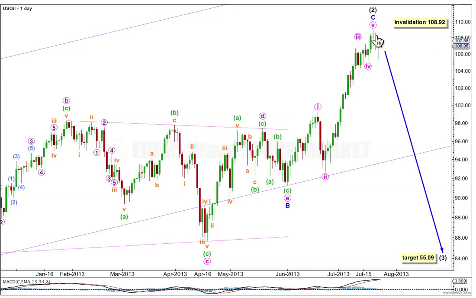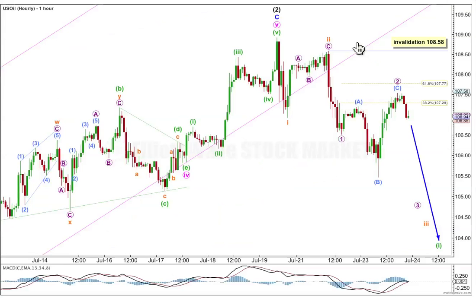Let's have a look at the end of this C wave on the hourly chart with the end of minute wave 3 up here. It's just off to the left of the chart, and here's the end of the fourth wave, which subdivided as a triangle, not a flat. I was expecting last week some more downwards movement for the end of the fourth wave. We didn't get that. We got a bunch of choppy, overlapping sideways movement as it completed